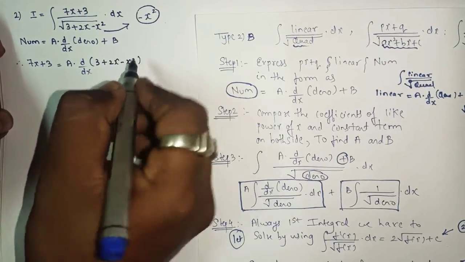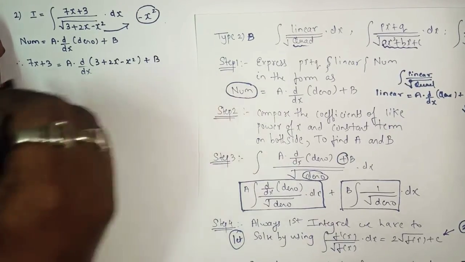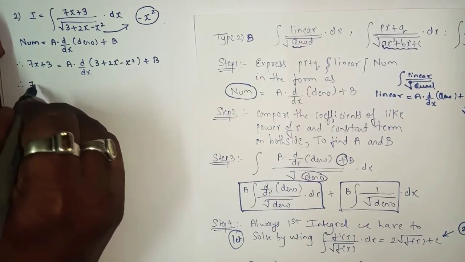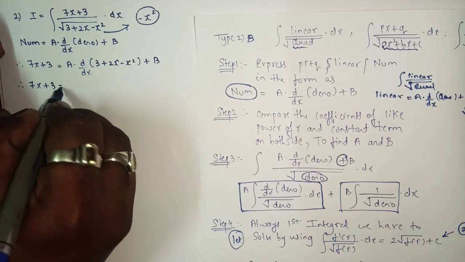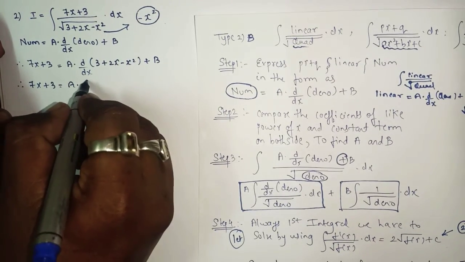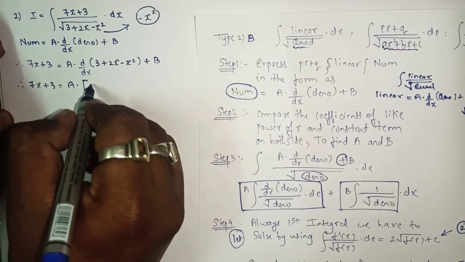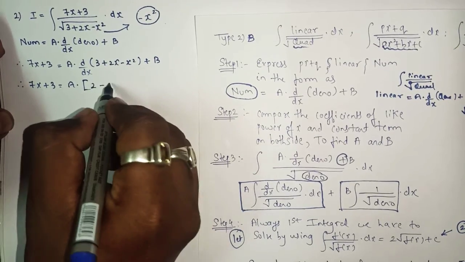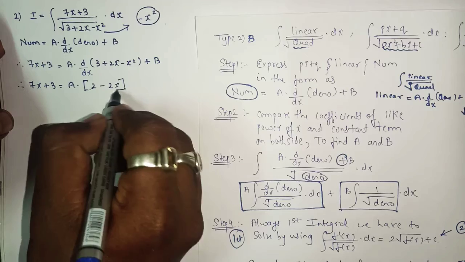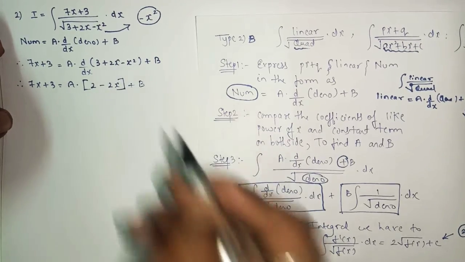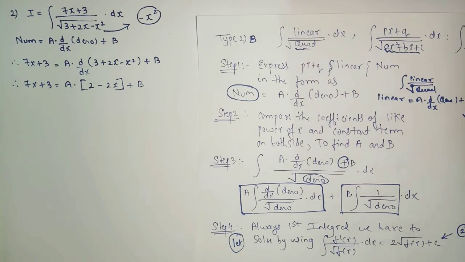Remember this. Okay, so then next step will be what? 7x plus 3 equals to a times the derivative of this part. Now we'll find the derivative of this part. Derivative of 3 will be 0, 2x will be 2, and x square will be 2x. I hope you all might be knowing the basic derivative. Yes or no? Okay, so now after that,